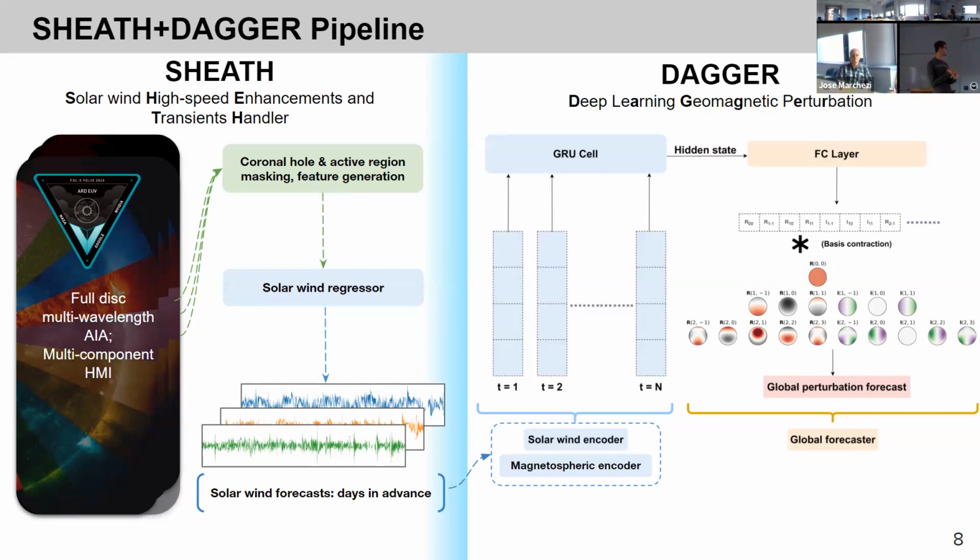We do some dimensionality reduction on the data set by looking at the images we get from the sun in these 12 passbands from the AIA and HMI. We crop the images to the solar disk, then we crop it further to just a vertical slice surrounding the central meridian, just so we know that the model only considers the Earth-directed features of the sun. And then we do some masking.